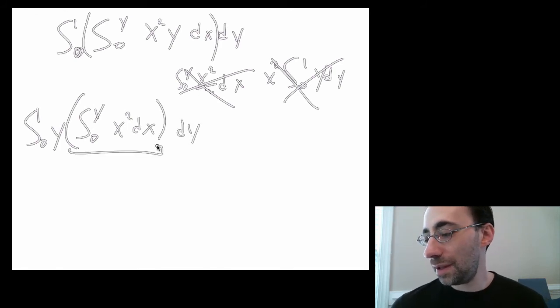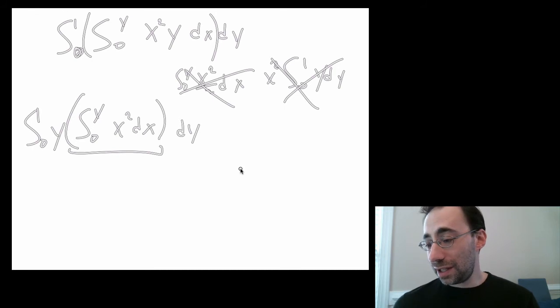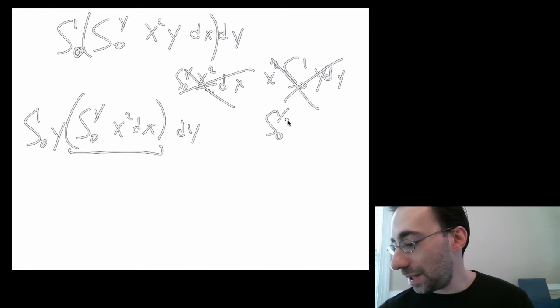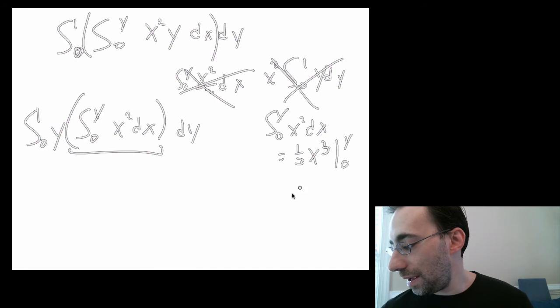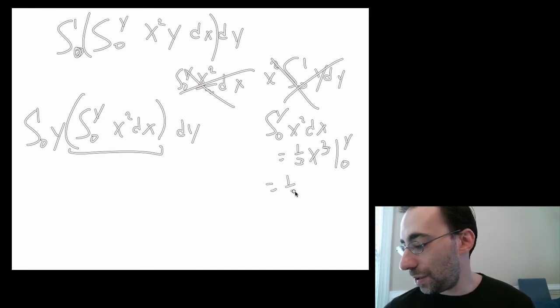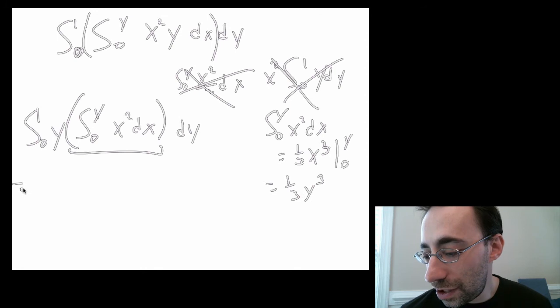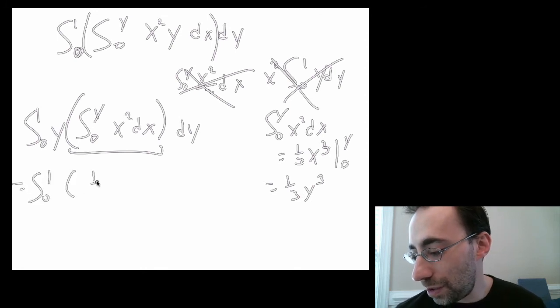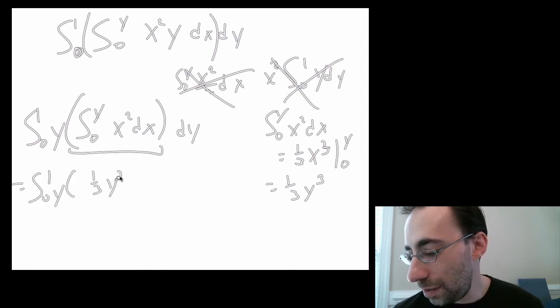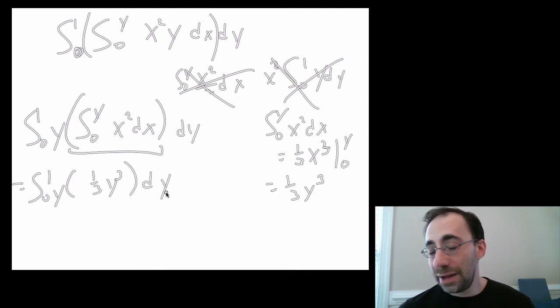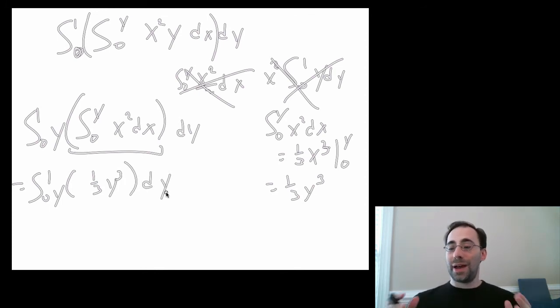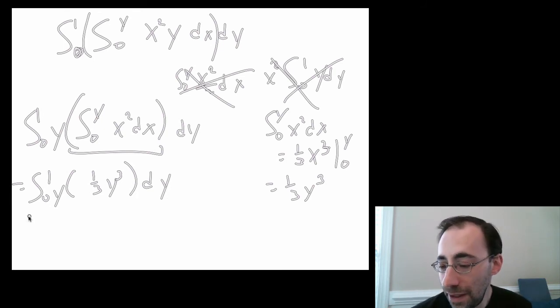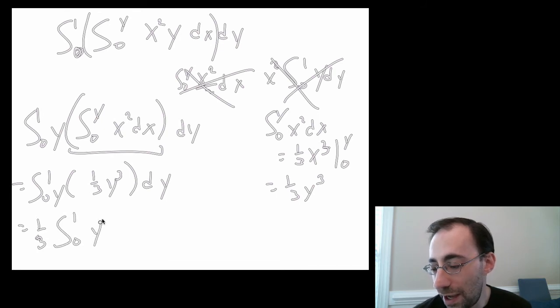Do this one first. The integral of x squared is 1/3 x cubed. So this thing is going to equal 1/3 x cubed evaluated from 0 to y. That at 0 is 0, so you get 1/3 y cubed. So that equals 0 to 1. This thing is 1/3 y cubed dy. Now all the y's are in the integrand, nothing more in the bounds, no more variables in the bounds, we're good to go. This is the integral of 1/3, 0 to 1, y to the 4th